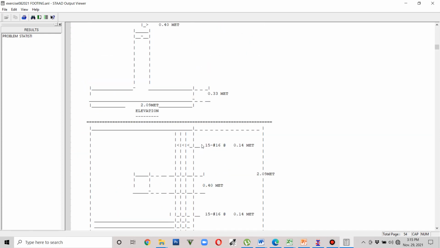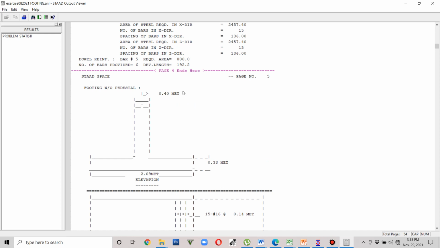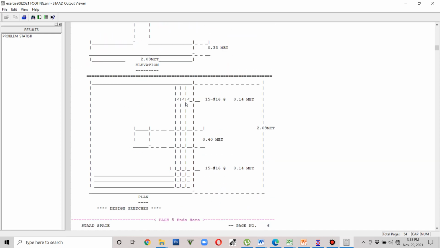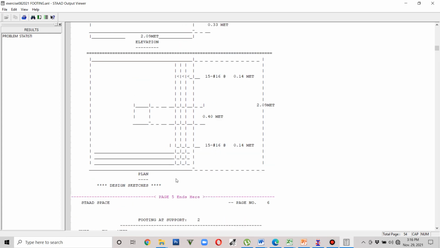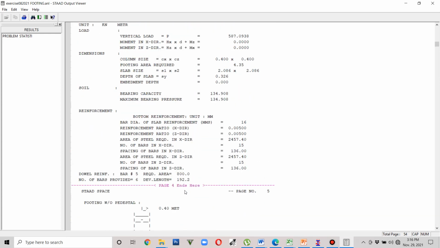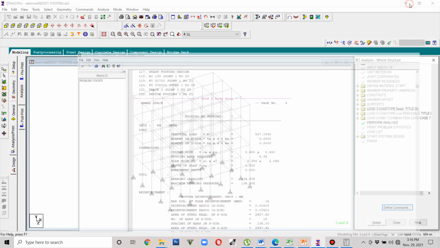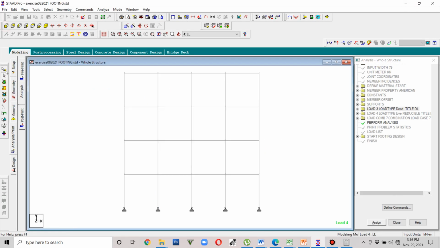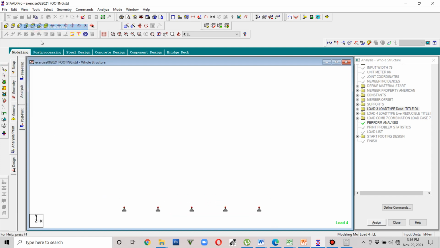So footing design will be referred from the plan or the nodes. Now, for example, footing at support 2. Halimbawa, ito footing at support 1. So where are you gonna find those ones? Dito sa baba. Then view, selected objects only. So we isolate those nodes, and then we just